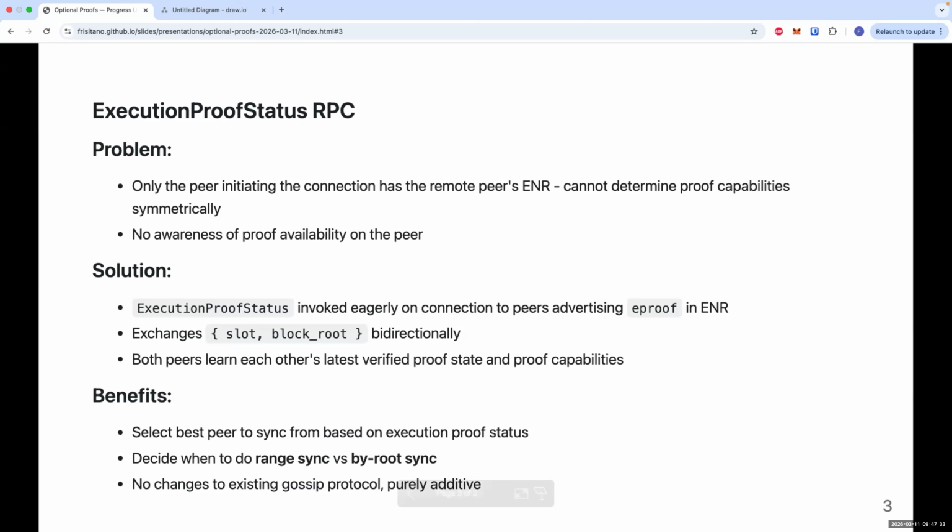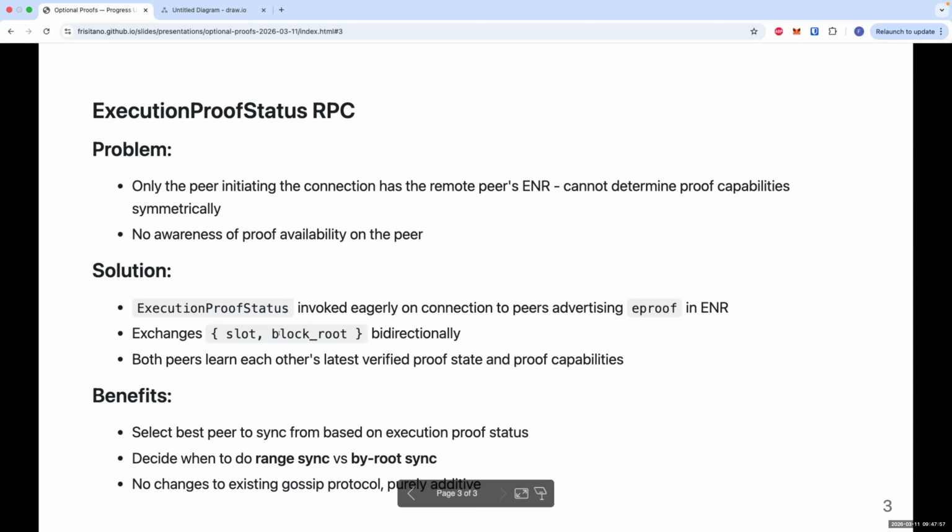That way the receiving peer also knows that the connecting peer supports execution proofs. We may be able to do this with deeper modifications to pre-existing code, but to keep this forkless, we don't require any forks or any changes to pre-existing RPCs or data types.